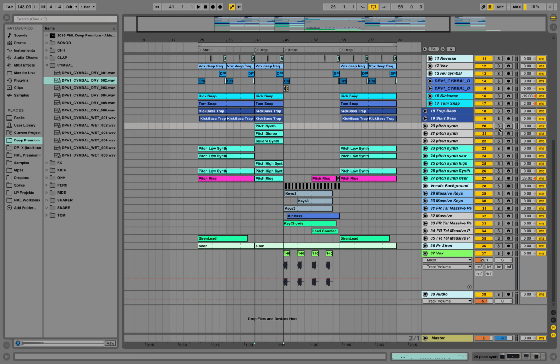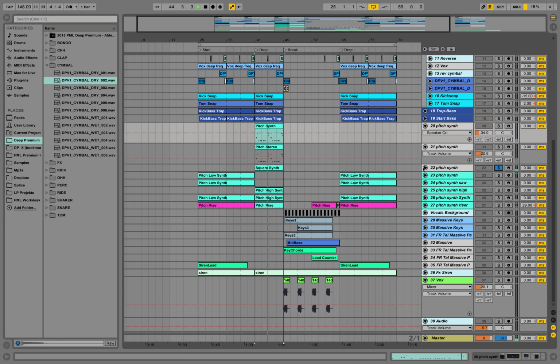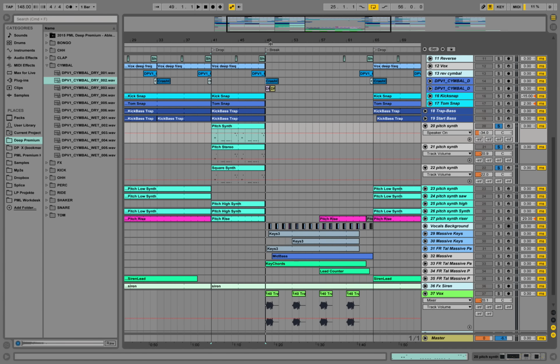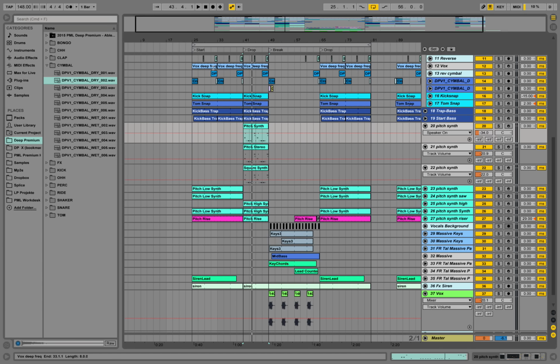We have a little bit of a pitchy synth. So this is just a higher version of what we already had. The logic remains the same. If we go to the start,